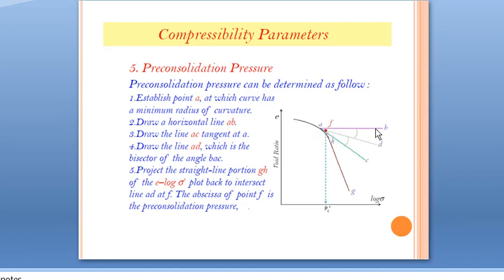Angle BAC, that is the lines BA and AC we have drawn, and its bisector is AD. Okay, AD is the bisector. Next step, I have told that in this curve this is the straight part, that is HG is almost the straight part. So project the straight line portion GH of this curve backward and plot it to intersect the line AD at